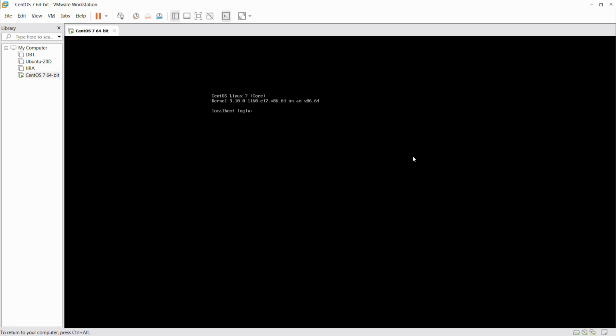That does not happen in the Western world, but in developing nations and a few developed nations also it happens. So then the next administrator who is on the job has to crack it open. That is one way to crack the root password open and still continue with the functionality.